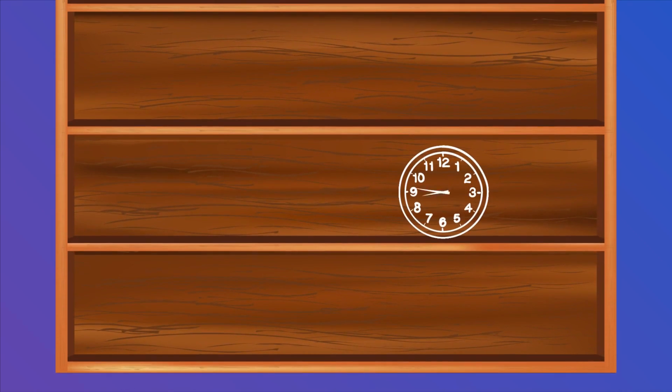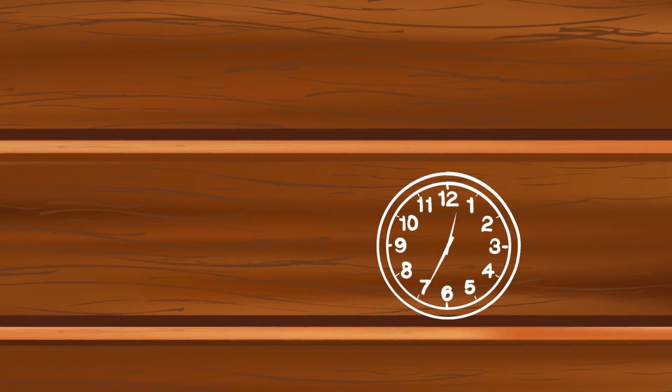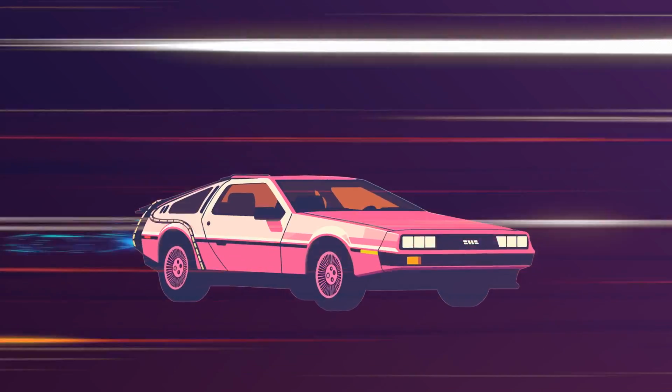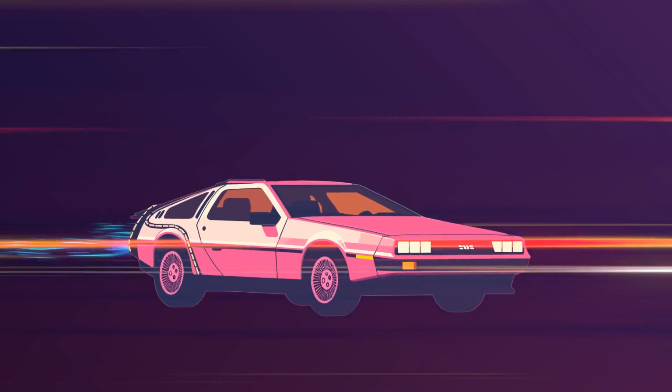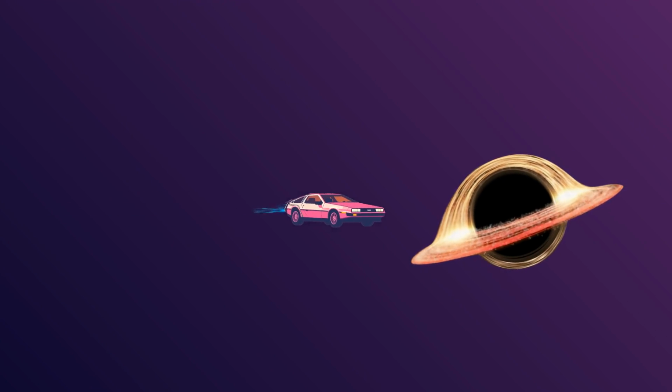Scientists placed them on shelves at different heights and measured the rate of ticking. The clock on the lower shelf ticked more slowly because it experienced a slightly stronger gravity. But this option comes with a catch. To be able to travel to the far future, you'll need to find a place with extremely strong gravity, like